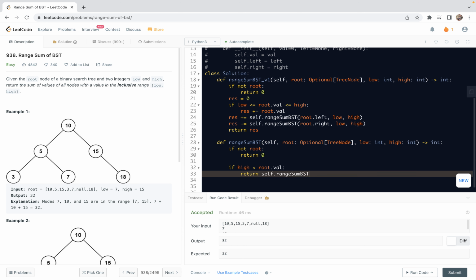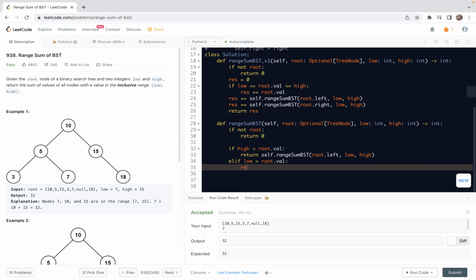So we're going to range the root left, and low and high. Otherwise, if low is greater than root value,